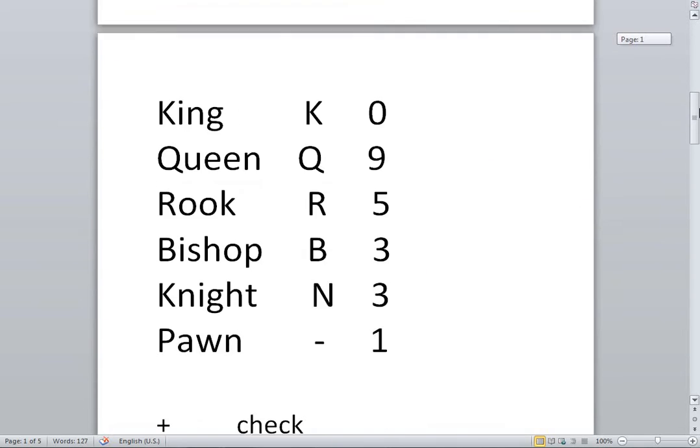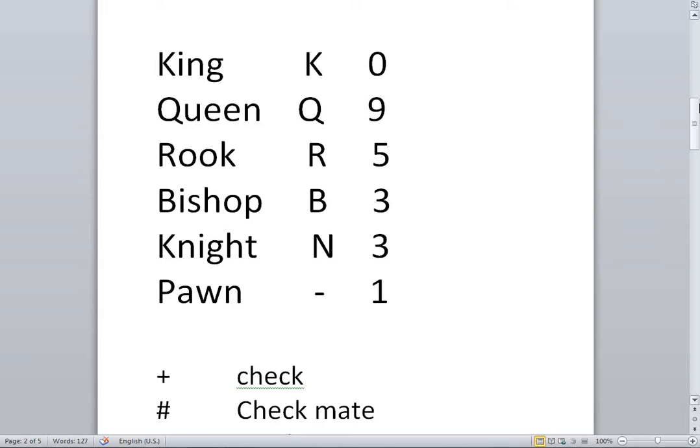The next part is the name of the pieces. Every piece has a sign or a symbol attached to it. For example, our king has a sign K. Now this sign is used while we are writing the game, and the king has got 0 points. As we have seen in the past videos, the king cannot be captured in the fighting. It can only be checkmated. So this is why the king is given 0 points. The queen has sign Q and the points 9.